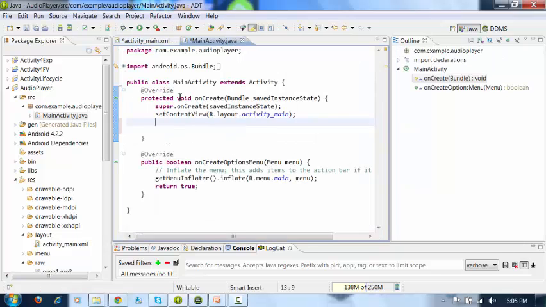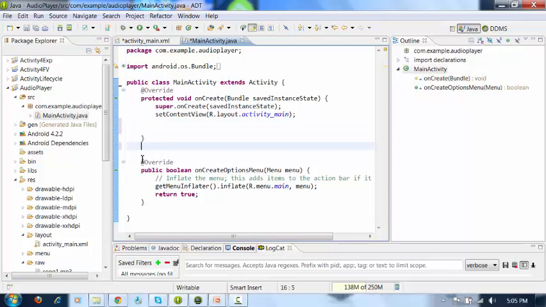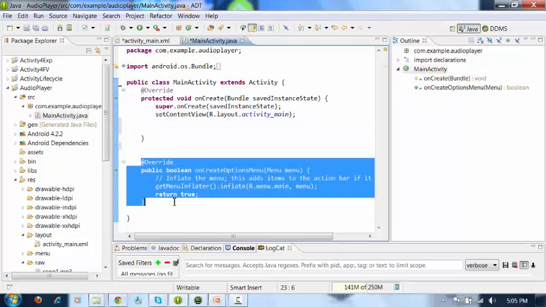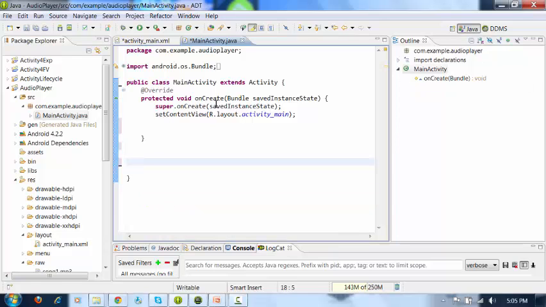Not inside the onCreate method. Remember, we are writing a separate method. If you want this onCreate options menu, you can keep it. If not, you can delete it. Remember, we are not adding that method inside your onCreate. Outside the onCreate, write